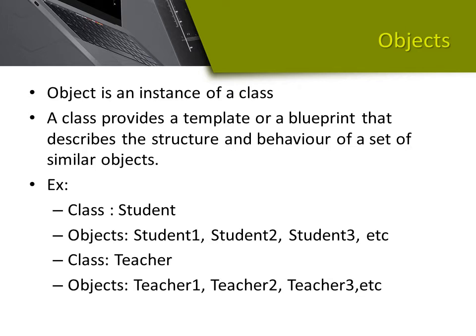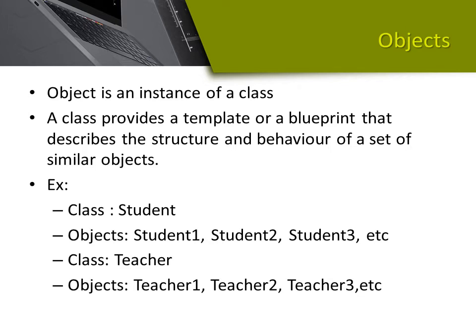When a new student is admitted to the college, a new object representing that student will be created. That student will have his own properties, that is, his own variables as defined in the class. And a student will perform only those operations or functions as defined in the class student. So there is a relationship between a class and the object.